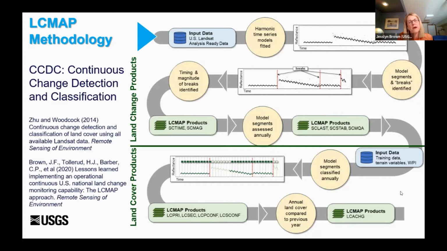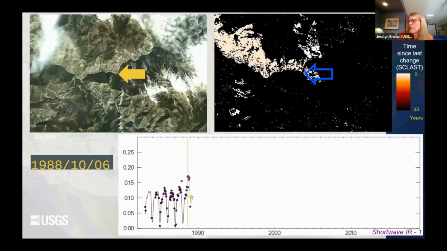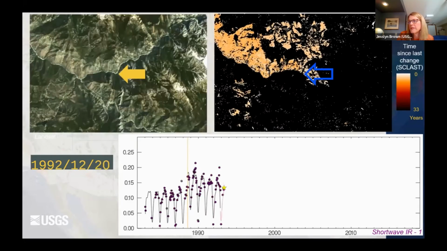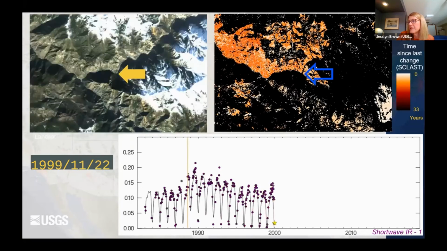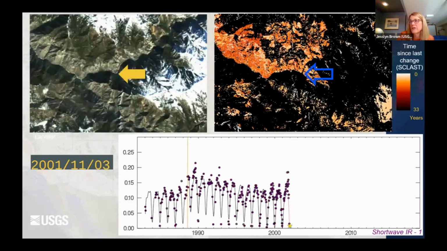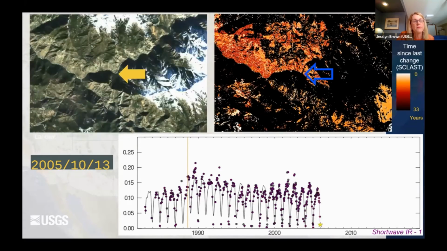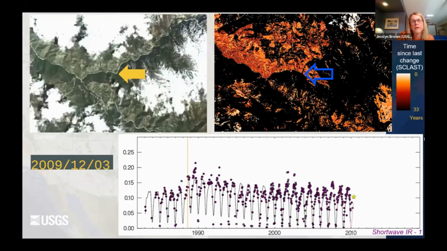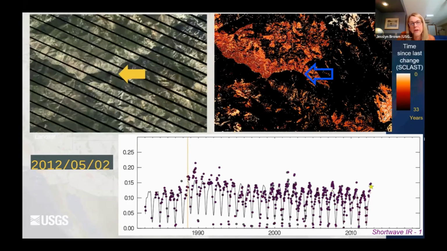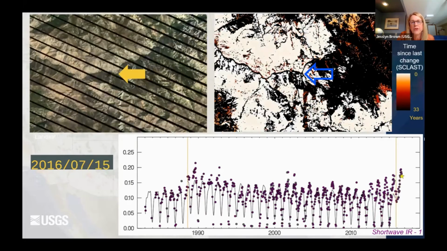And then all of the products are integrated with each other. Okay, so this is just a really quick per pixel look at Landsat ARD on the upper left, changing through time. You can kind of see towards the end of the record where the SLC problems with Landsat 7 come in. And on the upper right is a product that we're creating, the time since last change. The plot shows that pixel behavior through time, and the Landsat observations are shown in the dots.